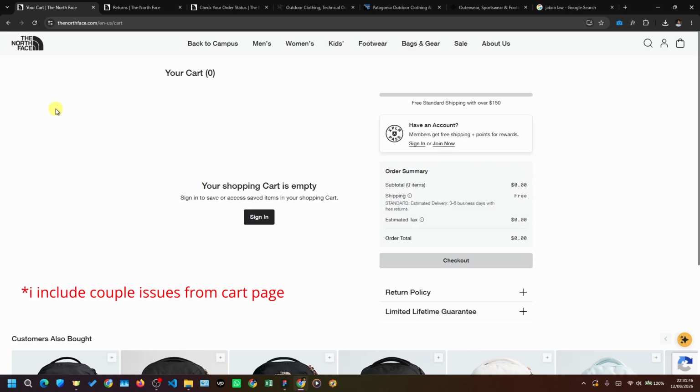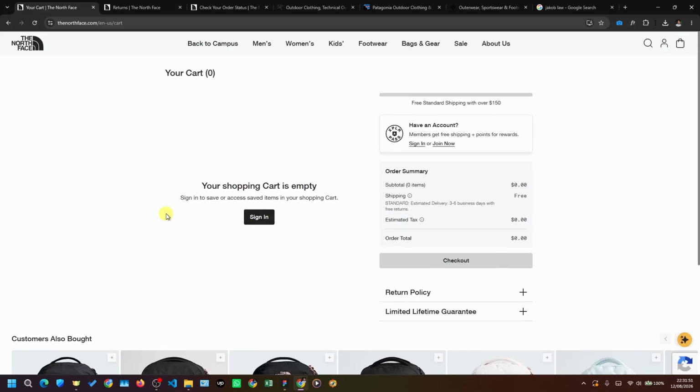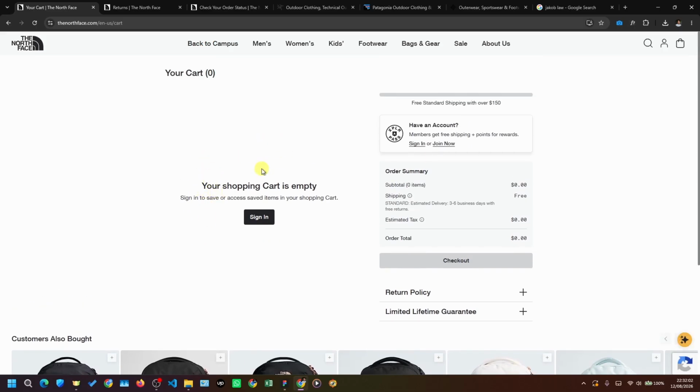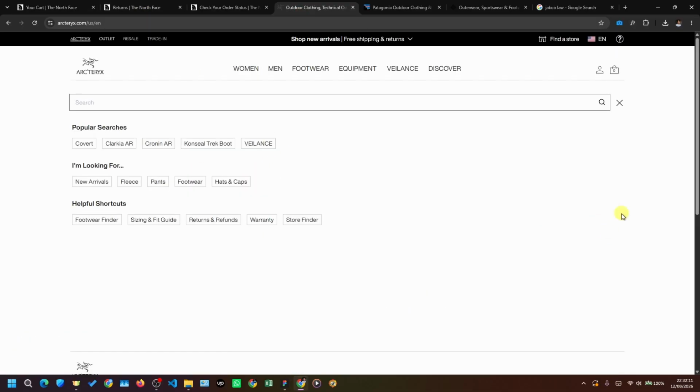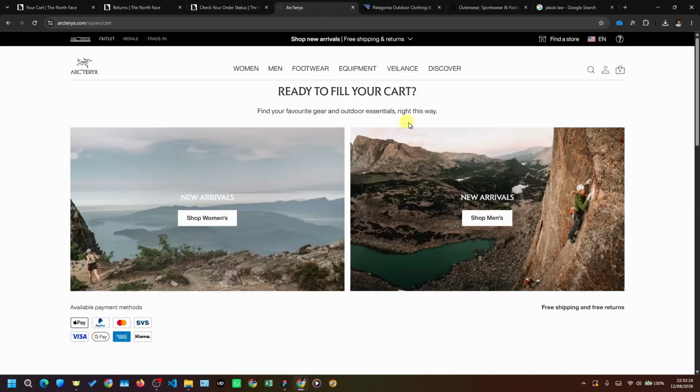Still on the cart, if you take a look at the cart page here, you see that the empty state is just too simple, as in, the shopping cart is empty. There's no proper illustration, perhaps a nice illustration would be good here, or any imagery. And the ideal thing is if we take a look at another website, for example this Arcturix,